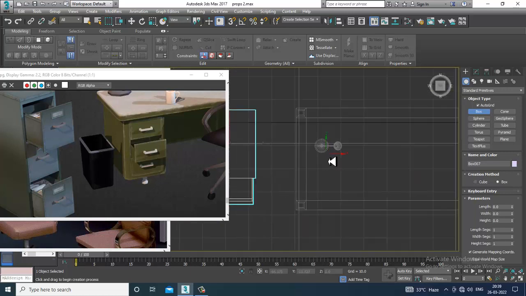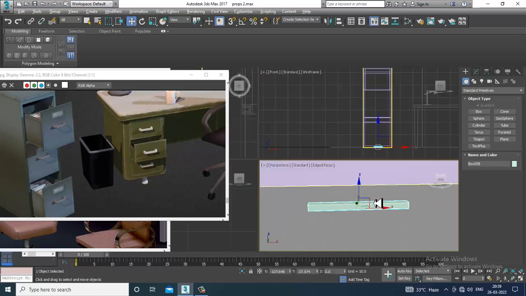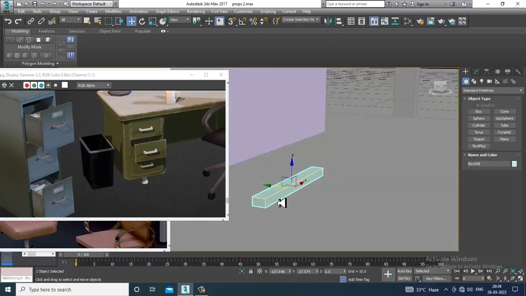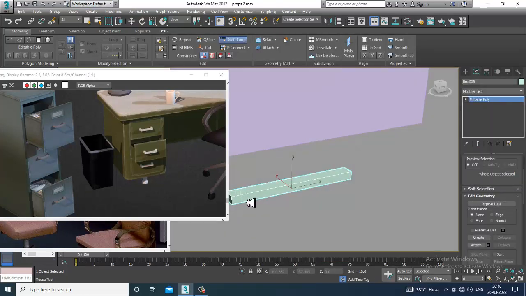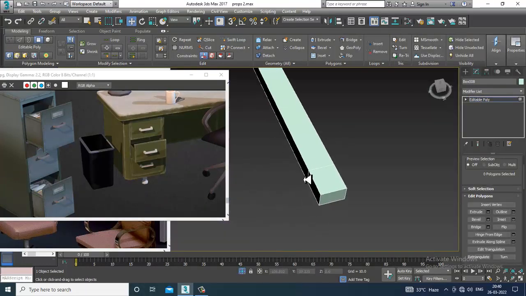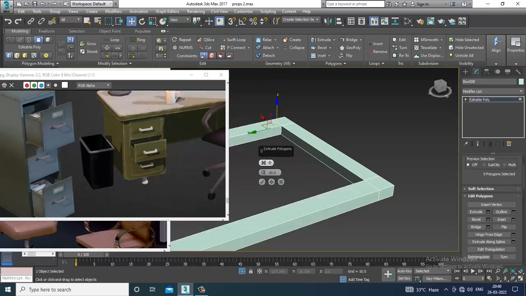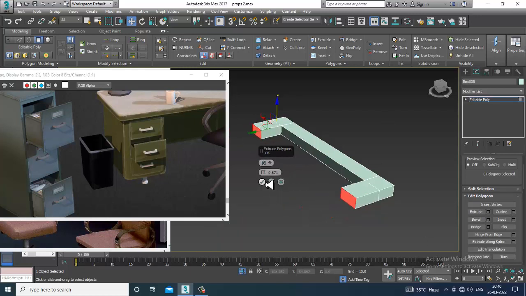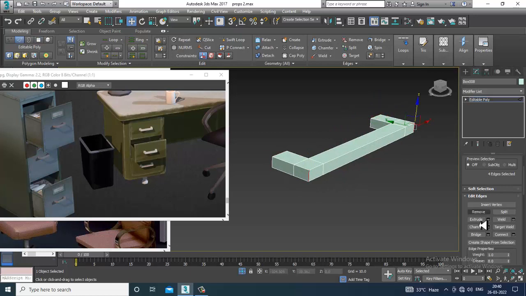So let's just take a box over here. Convert to editable poly. Let's put one loop over here, put one loop over here, select these polygons and slightly extrude it. You can even use a bend modifier if required. And slightly give a bit of